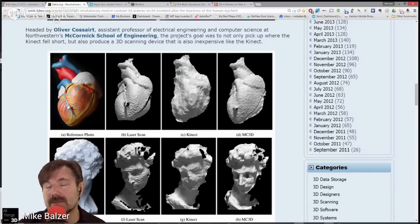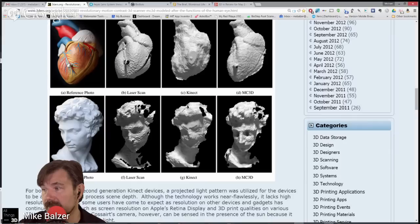And then they showed the Kinect. Well, this is where I kind of raised my eyebrow. Scroll down a bit. Sure. Oh, I see. That's the, oh, okay, the reference photos on the left. Right. Got it. But if you remember, Chris, and I'm going to jump to it right now,